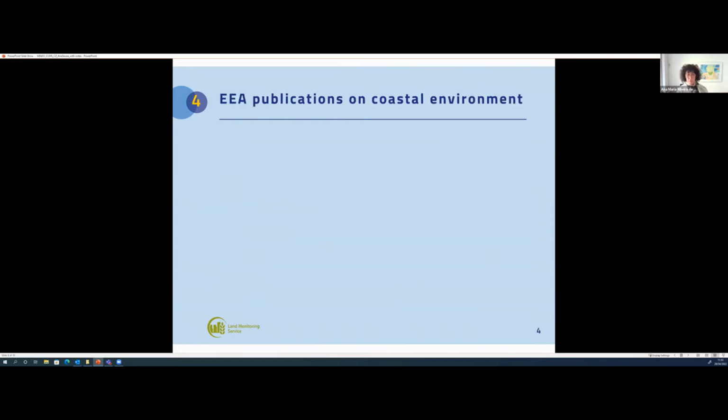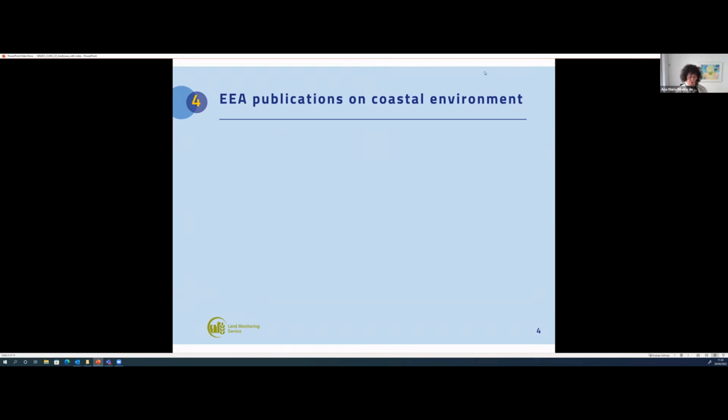From an EEA perspective, where did it all start? It all started back in around 1994 when the EEA was established as a European agency. And in our founding regulation, one of the priority areas of work is coastal and marine protection.